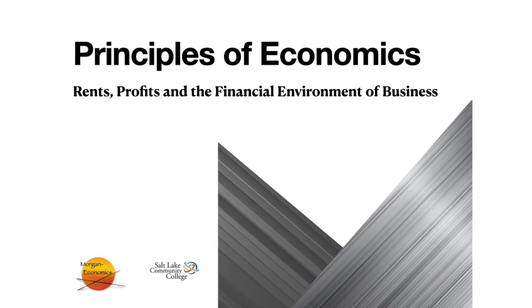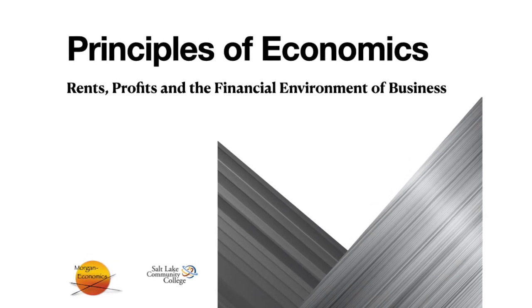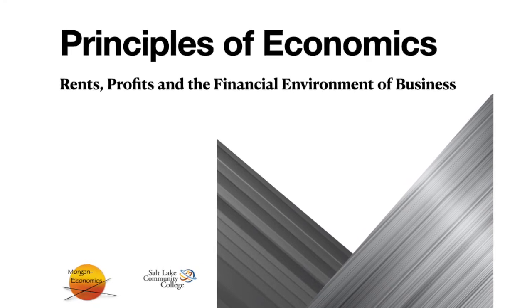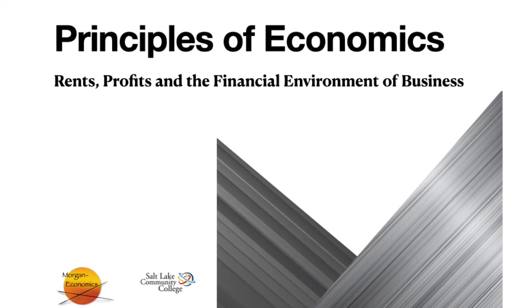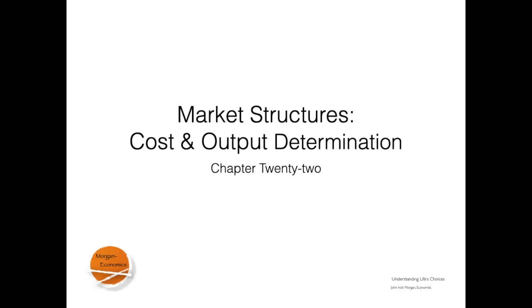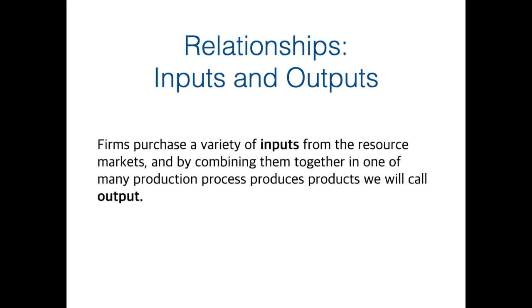This video covers material in Chapter 22 where we explore the competition of resources and the cost of production. Production inputs are classified into the broad resource categories of labor, land, capital, and entrepreneurship. Each of these resources is offered to producers of goods and services in markets where firms of various sizes compete to purchase labor and raw materials, which when combined together in a production process contribute to the market supply of